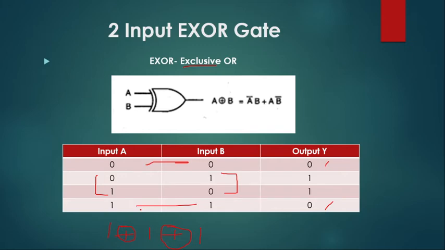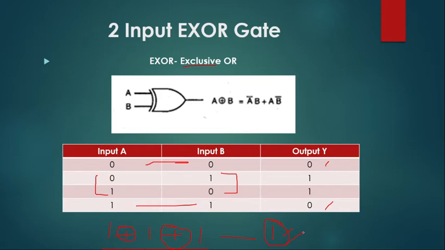It changes the output with the number of inputs, and as we change the number of inputs, the output also changes. As here for 2 inputs, what is the condition? When inputs are the same, it gives you 0. When inputs are different, it gives you 1. But when it comes to 3 inputs, here also all the inputs are the same, so ideally XOR should give you 0, but here it will give you 1 as the output. So that is why it is known as exclusive OR.